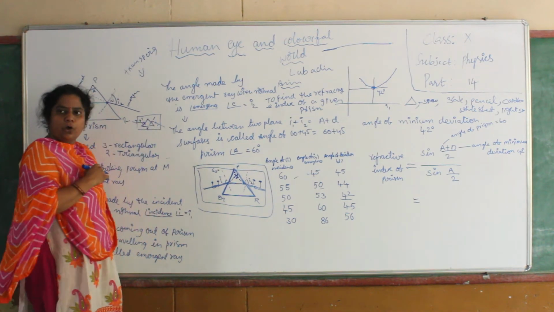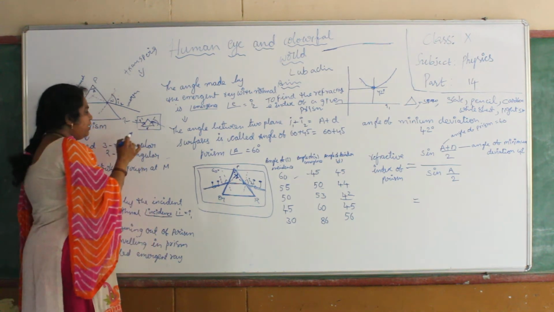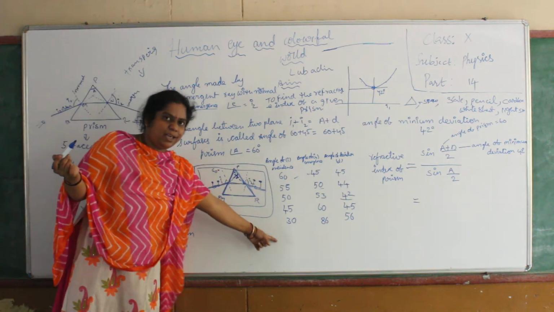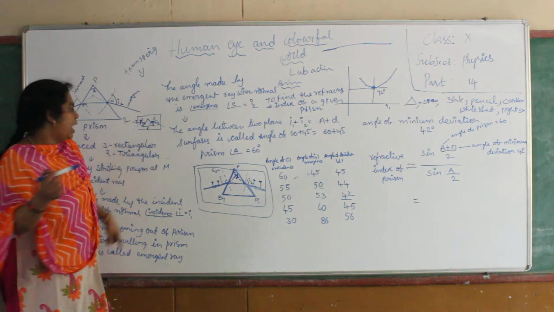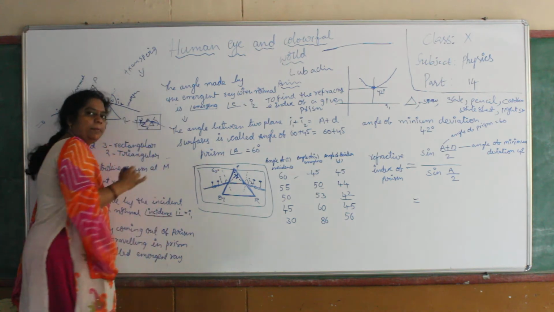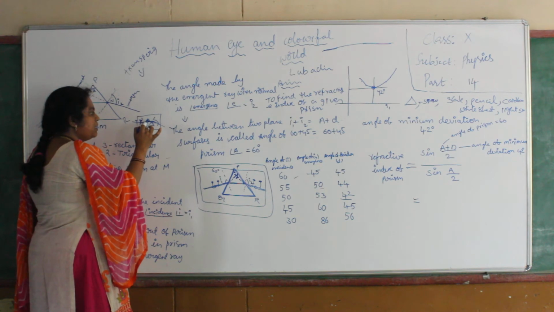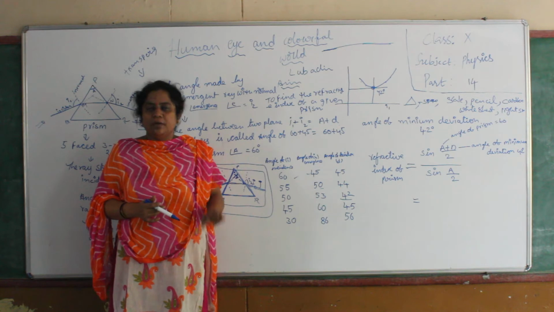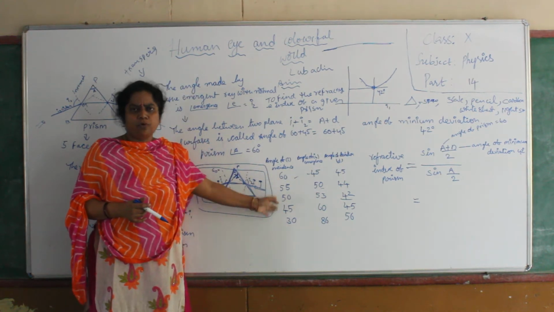Here also you draw a normal. Here you observe what is the angle you got here. And already this angle is the angle taken by you. So you will know those angles you are taking. And observe the angle you are getting here. And extend this incident ray and this emergent ray also. There, what is the angle made by these two? Observe that, and like that you have to do at least 4-5 readings.